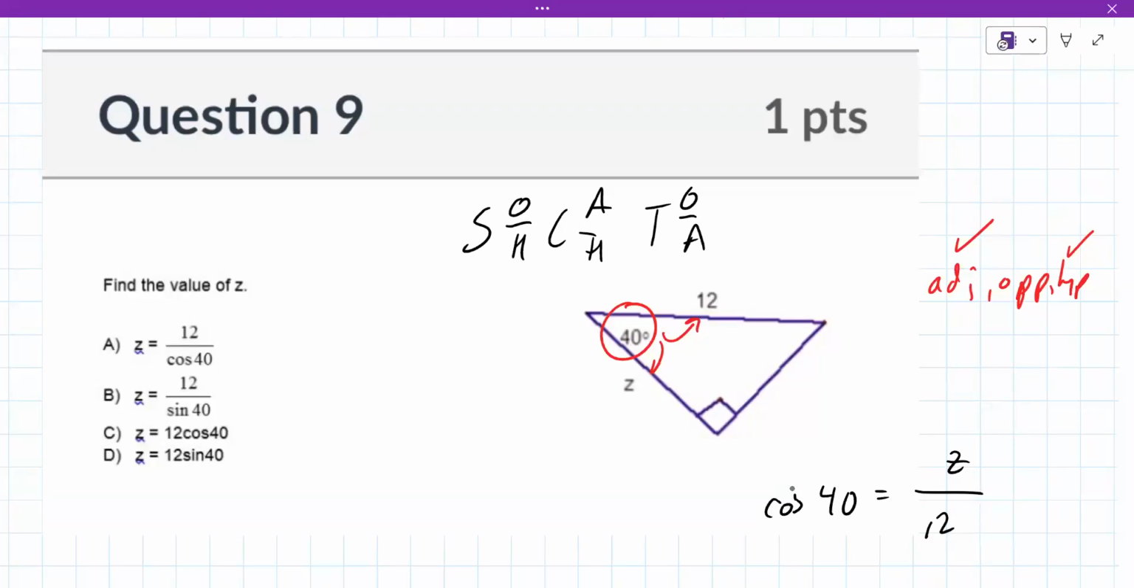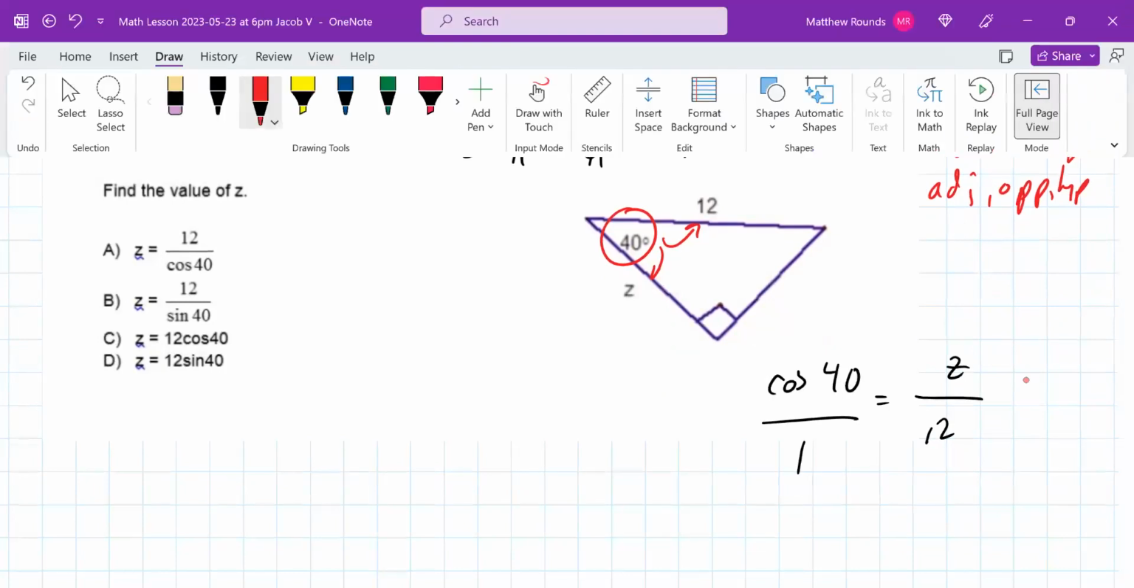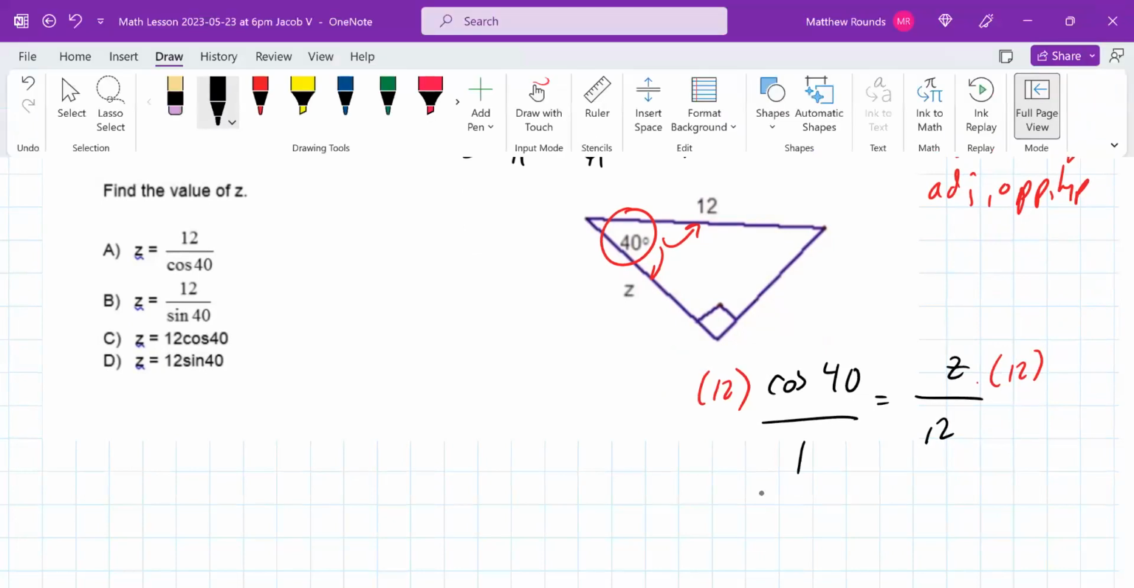Flip them and have cosine 40, 12 under cosine 40, no, 12 over cosine 40. But keep in mind here that you're just trying to isolate the variable z, and z is divided by 12. 12 times cosine 40 then, right? Yeah, and you got to be careful because both of those answers were there